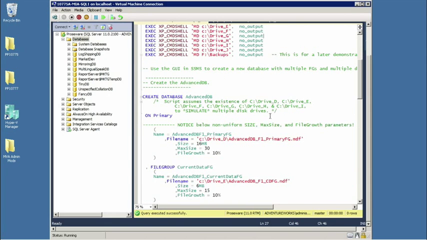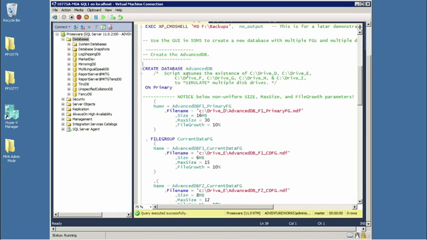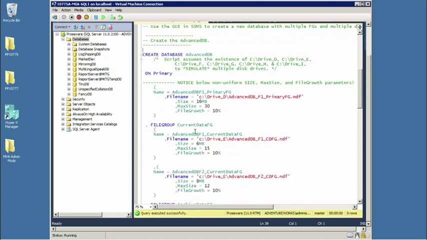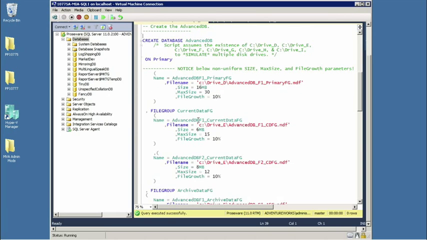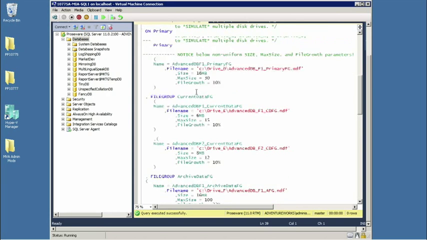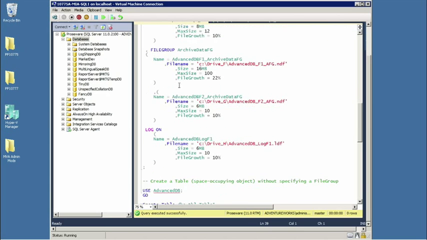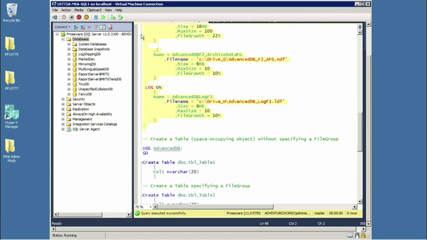That's fine. So next up, you'll observe as I scroll through this, I have multiple data files, multiple file groups in those files, and only to be crazy, not to show necessarily good design. Notice every file can have an individual initial size, max size, growth, all of that. Okay, so let me finish creating this.